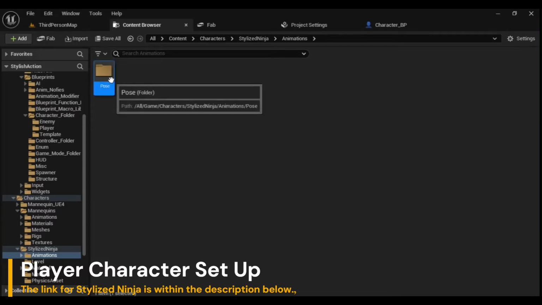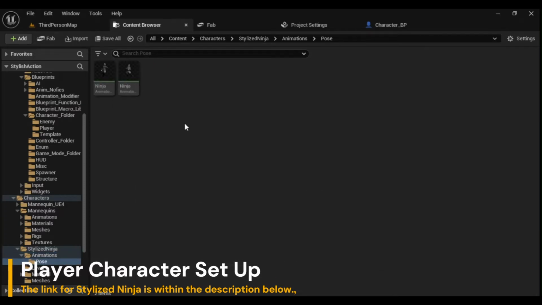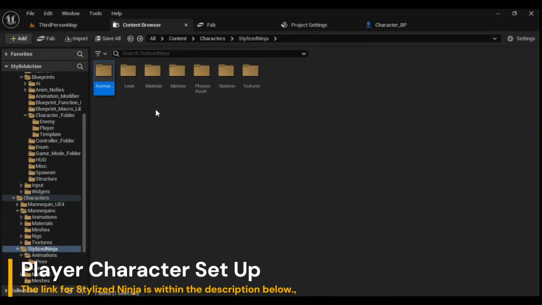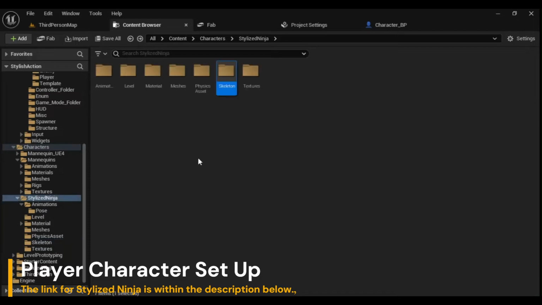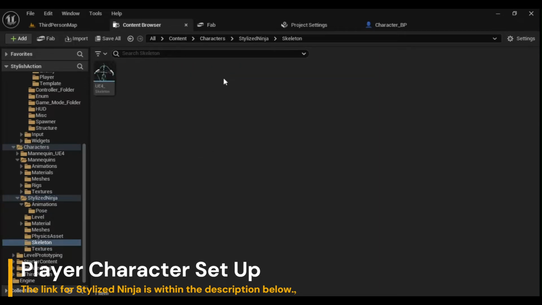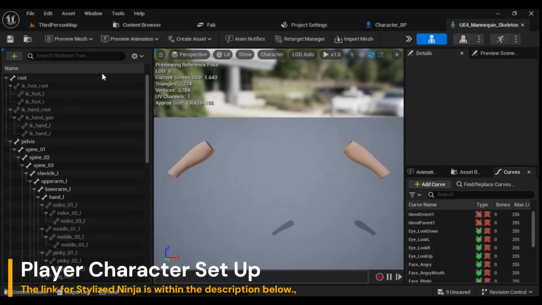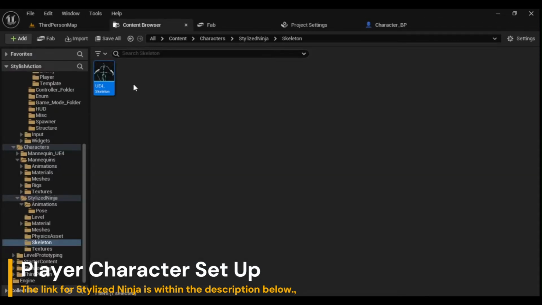I'll use these poses when I make a main menu screen, but for now it's one shoe in front of the other. As for skeletons, I don't really like this, so